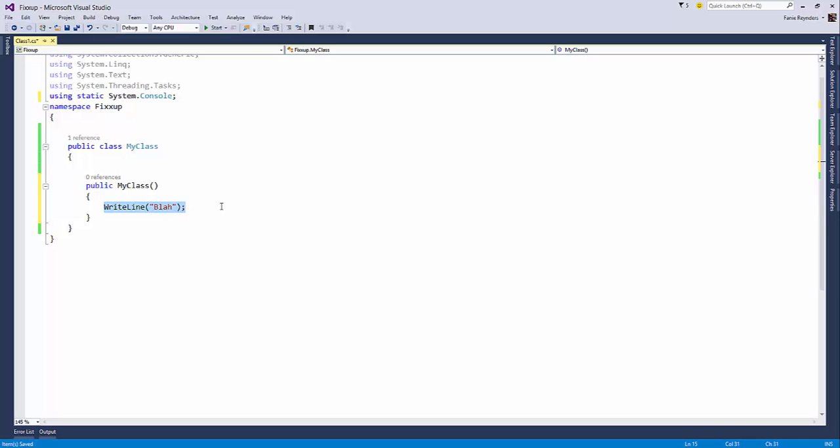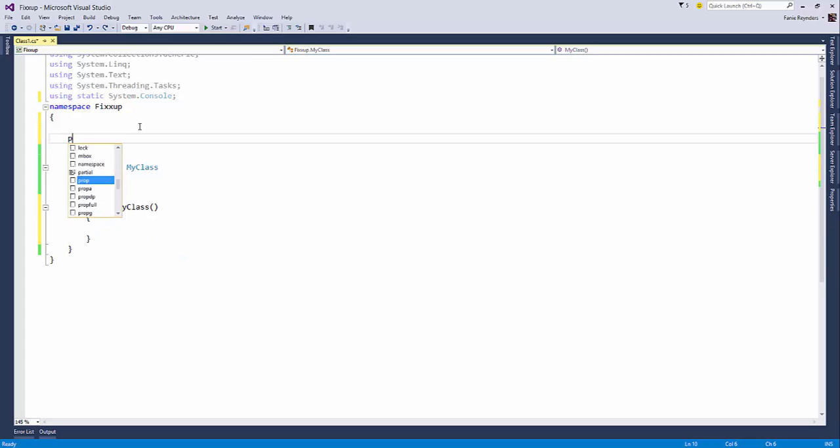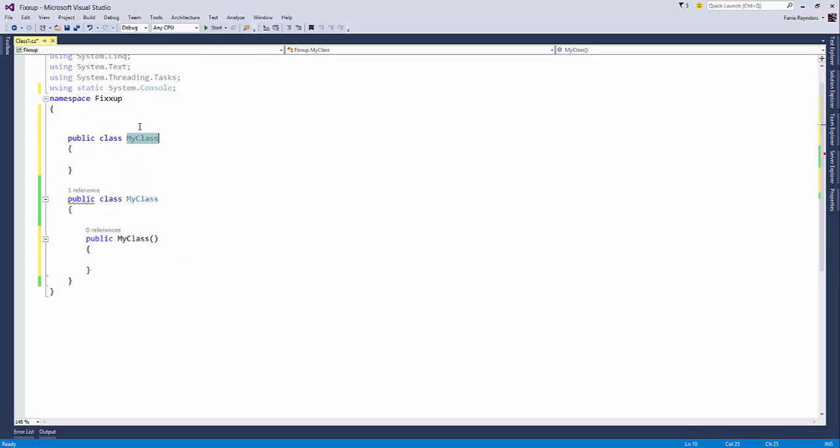Moving on to the next one, null conditional operators. So let's say we have a different class. We call it person, for instance, and this person has a name.